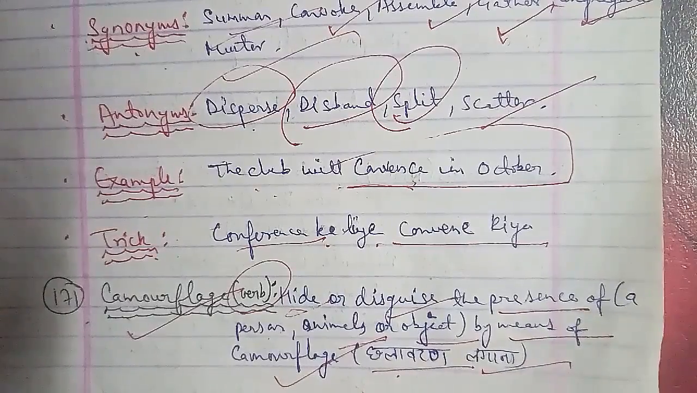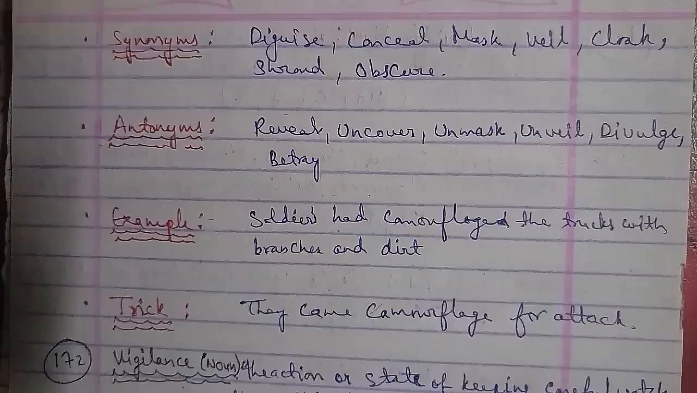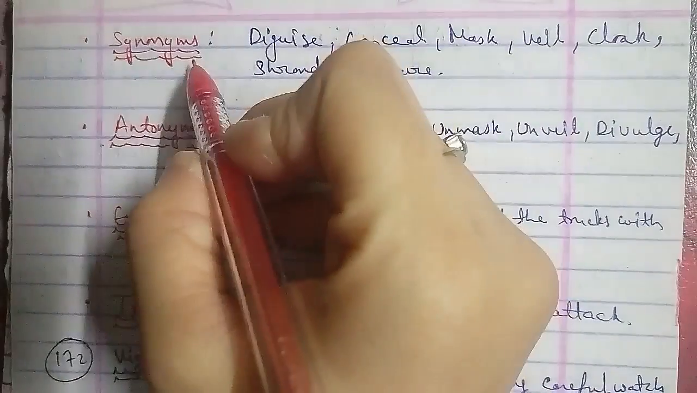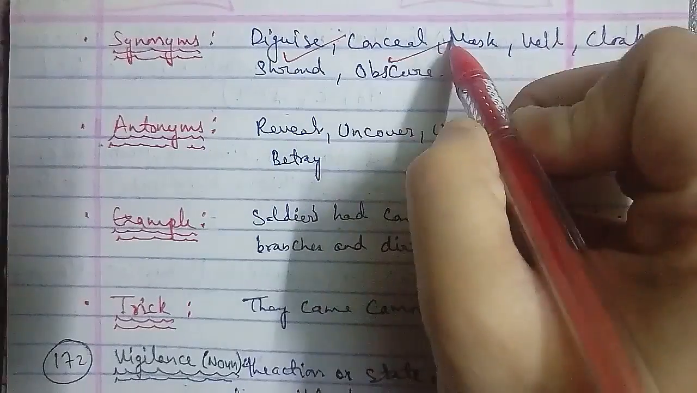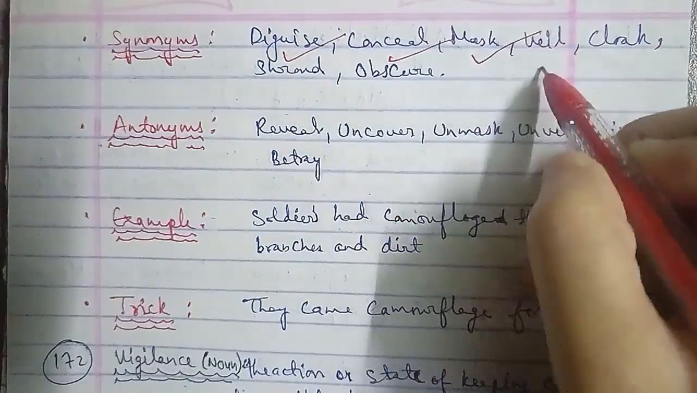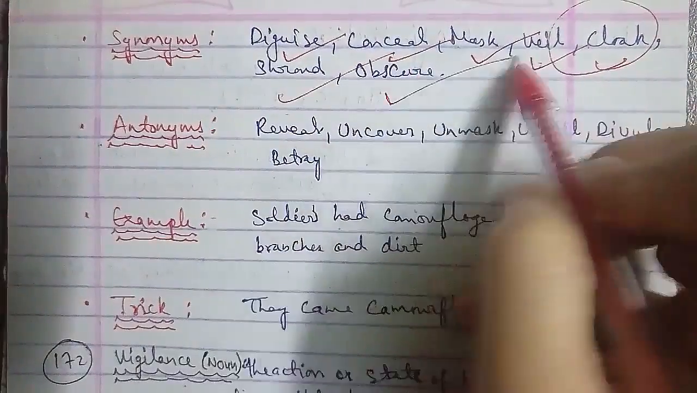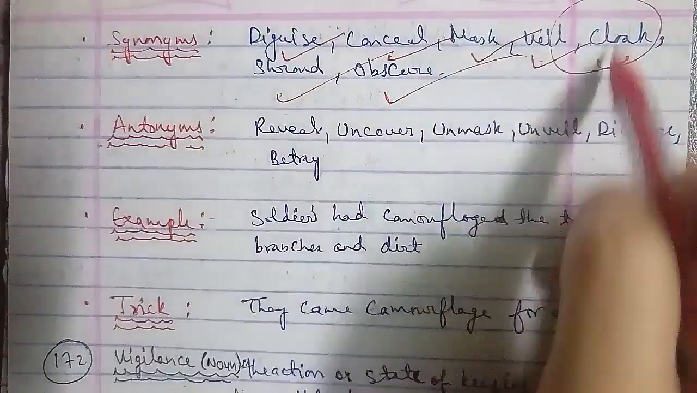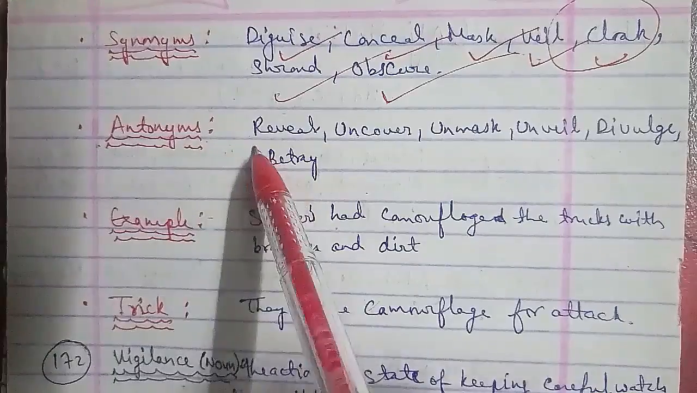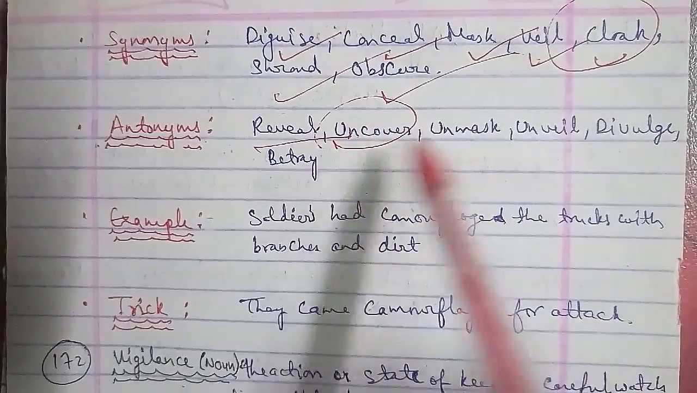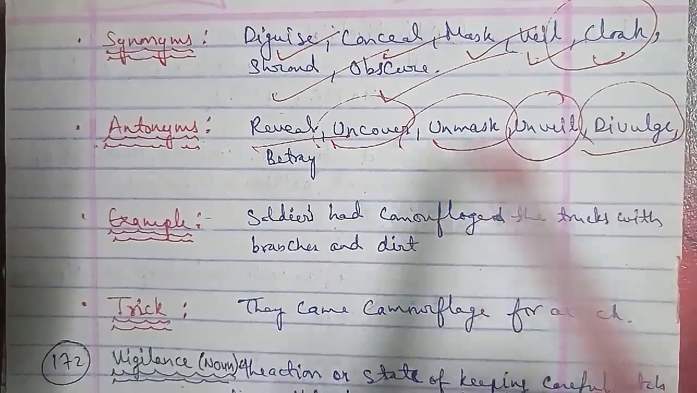Now the next word we have is vigilance. That is your 172nd word. That word is vigilance, and that is used as a noun. Vigilance meaning we have the action or state of keeping careful watch for possible danger or difficulties, and in Hindi that is satarkta. The synonyms of vigilance that we have here is surveillance,